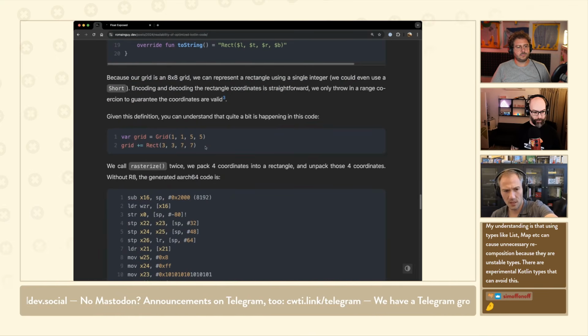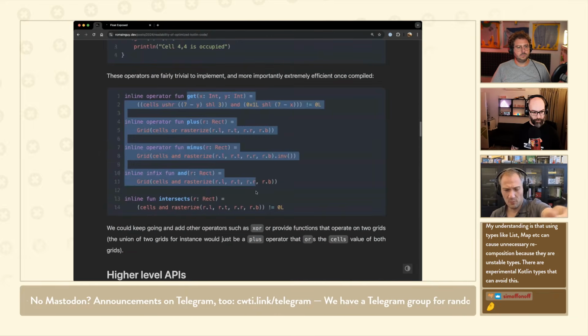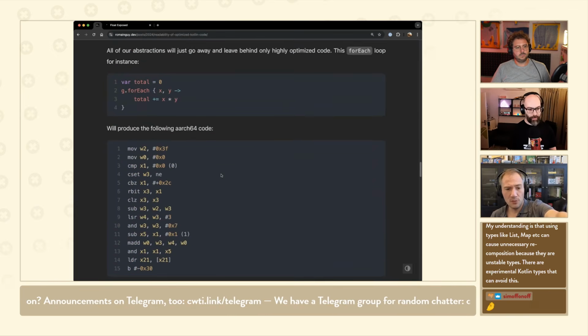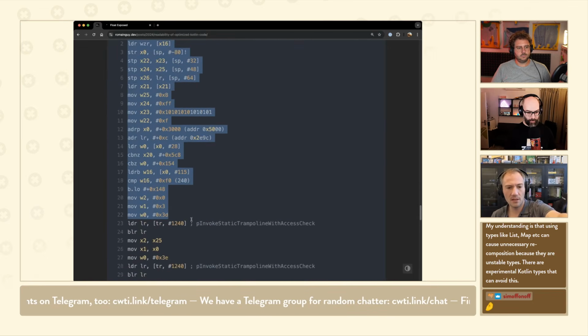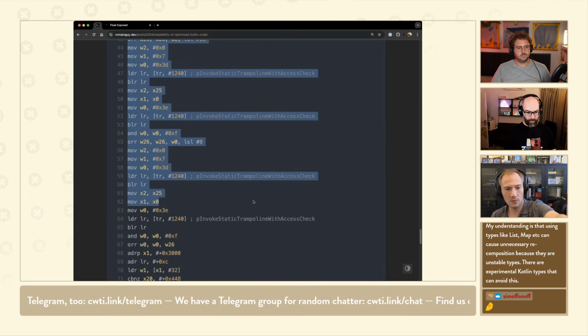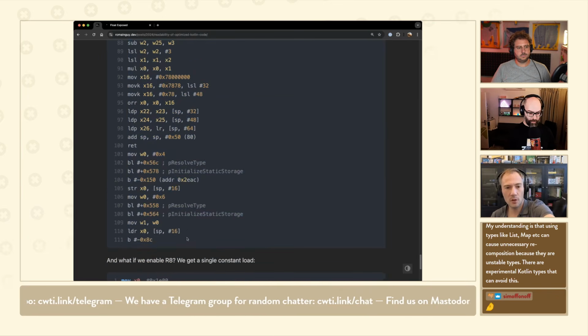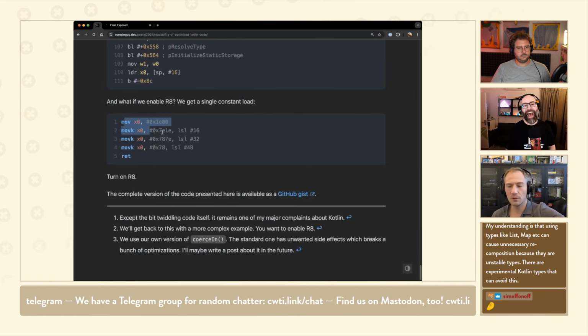All those things are constant, and we've seen the code before, right? There was a lot of bitshift method calls. There's a lot of stuff happening. You feed that through R8. Okay, so before R8, those two lines of code, that's what gets generated, right? That's what the Kotlin compiler will do. Yeah. Because it's all the code that you wrote. 111 instructions, bunch of function calls, whatever. You run R8 on it, here's what you have.